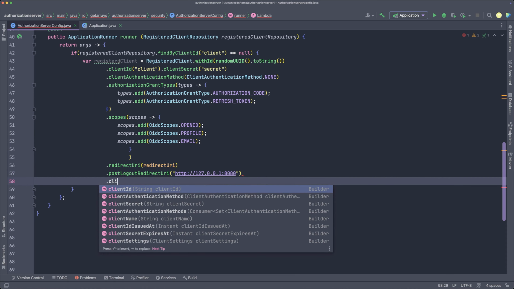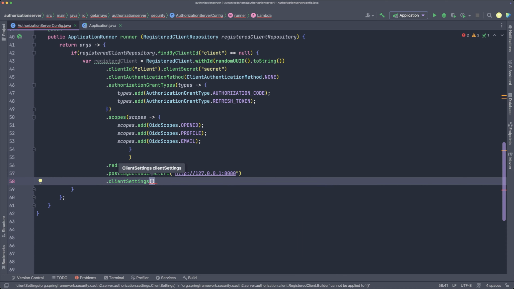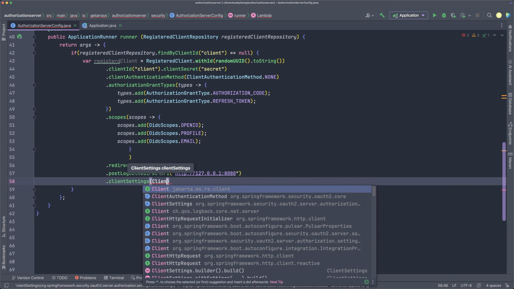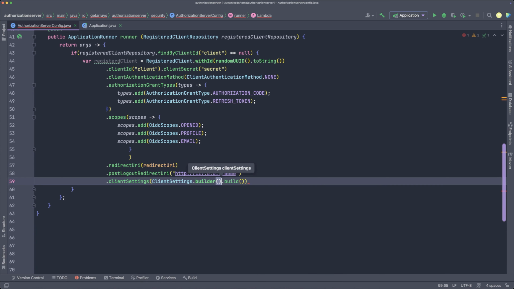So we're going to say client settings. With the client settings, you can pass in different types of settings for the client. Like you can require an authorization consent, the page that says, hey, do you allow this specific application to access your information? If you wanted to set that, for example, you will say client settings builder, and then you can say